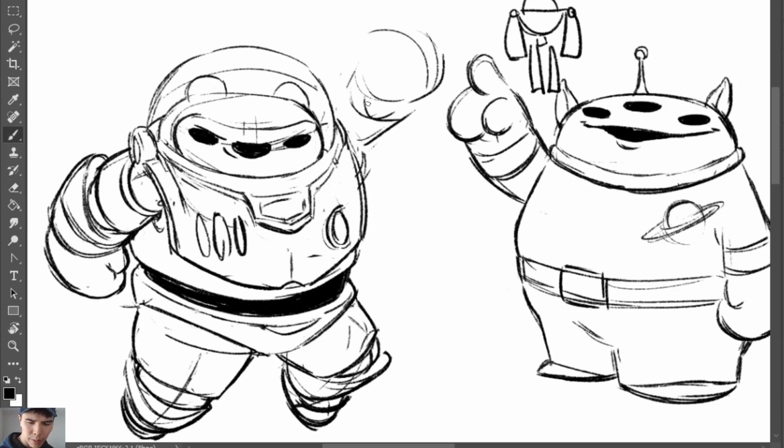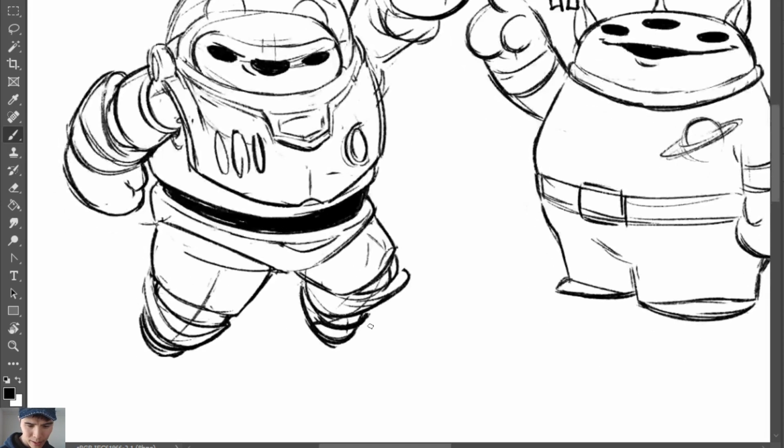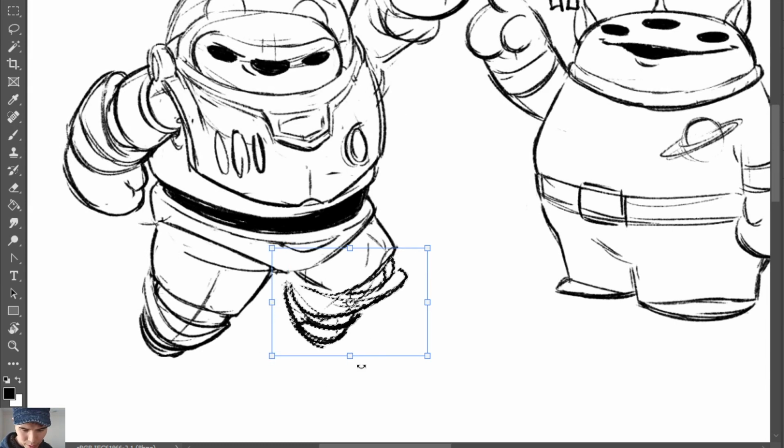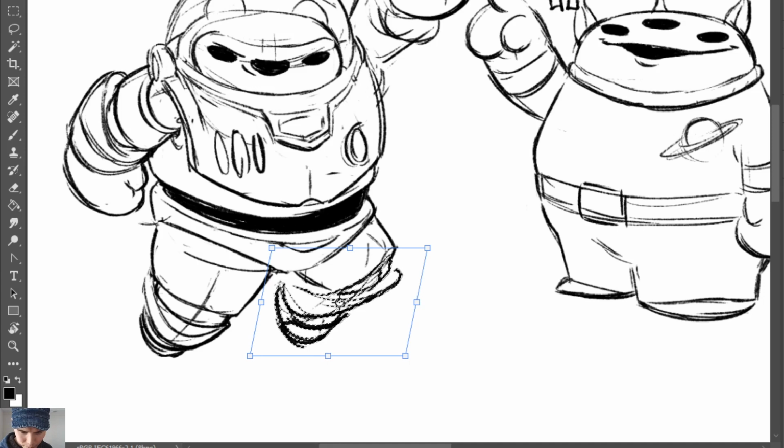But so yeah, I'm gonna kind of cheat here, because I want to give more time to the other characters. I think I need to move this leg a little bit more this way to improve that silhouette some.